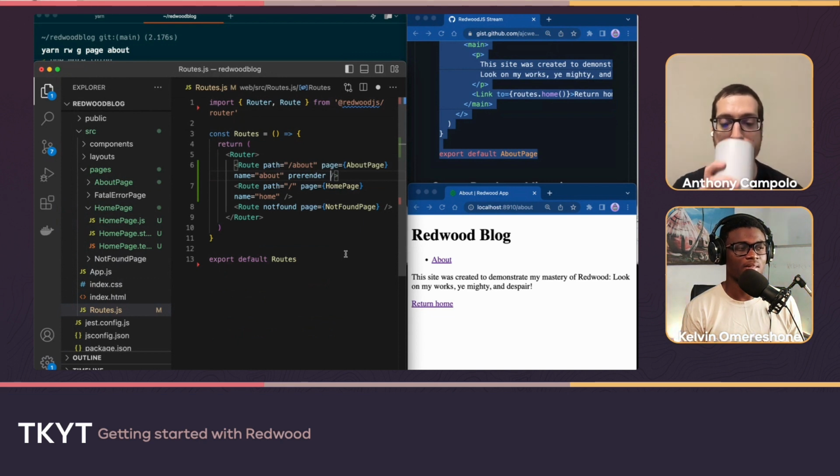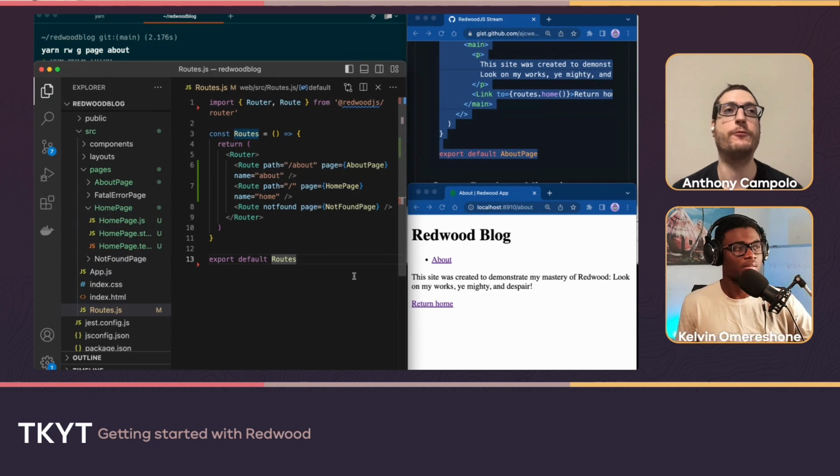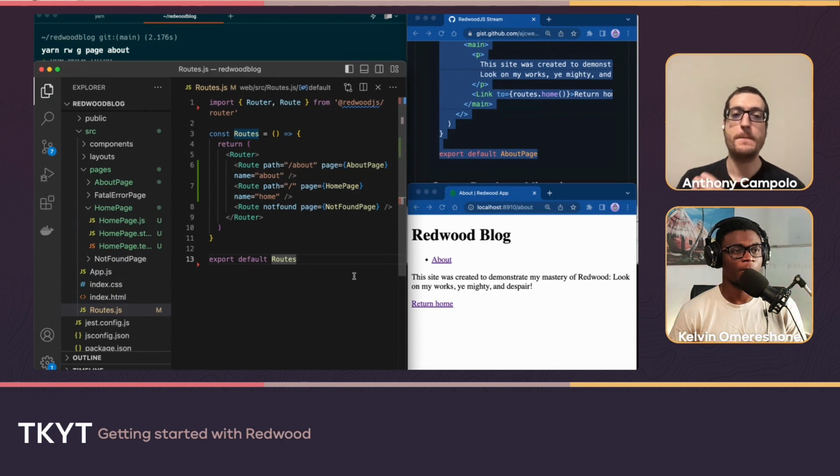Yeah, that totally makes sense. So the pre-rendering is sort of SSR, right? Yes, it's SSR at build time, not at runtime. That's the one thing that Redwood is kind of missing right now, that there's no way to do SSR at runtime, but we're going to be there very soon because we're integrating Vite, and Vite is going to come along with all that SSR goodness.